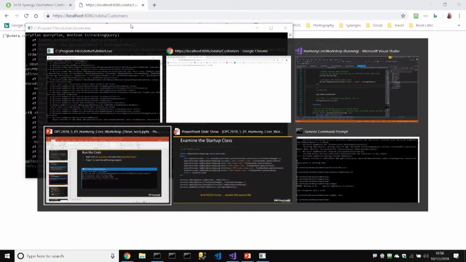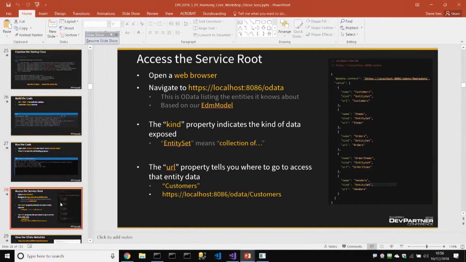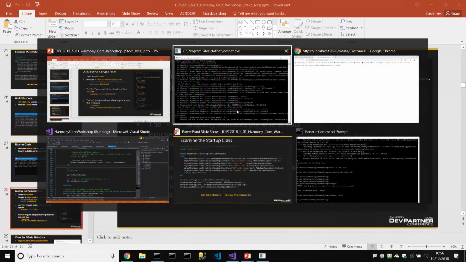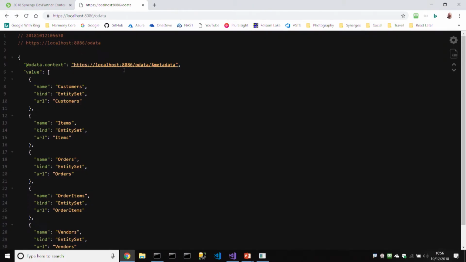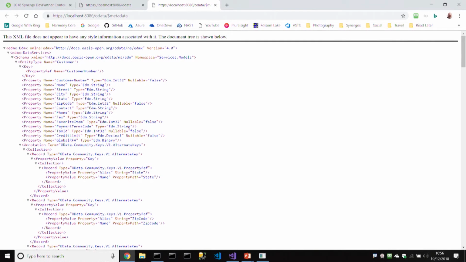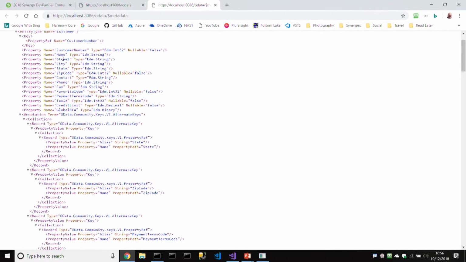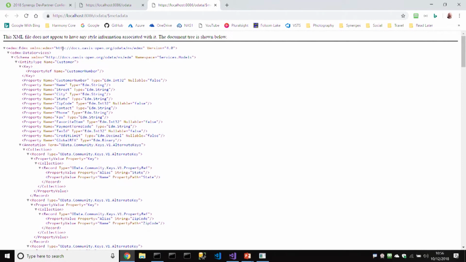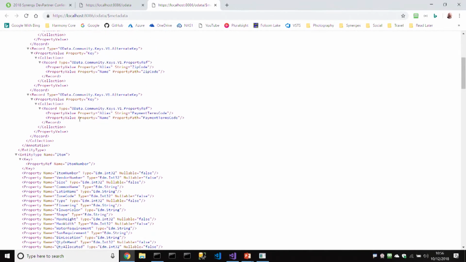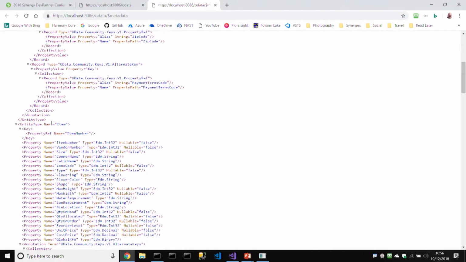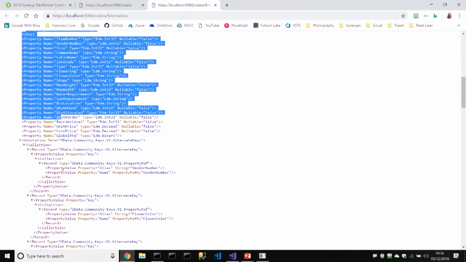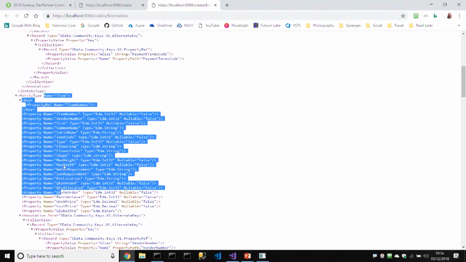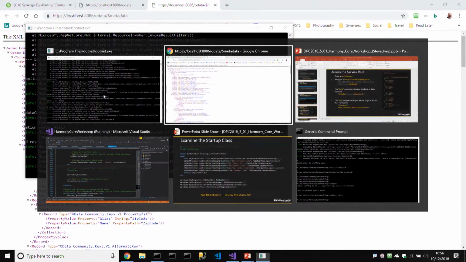Honestly, it really is. I've actually got a slide that says we can access the OData endpoint, which we just did. We can also access the metadata. So there's the metadata that describes, and if we look in here, we should see, here's our customer entity, and here's our item entity, and so on. So all of our data is out there in the metadata now. Okay? However,